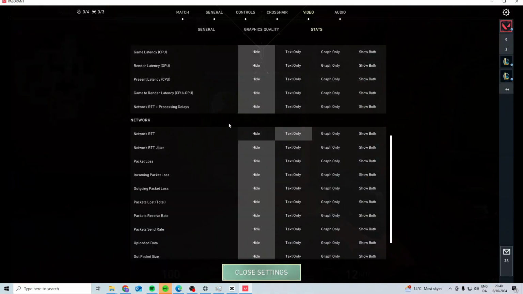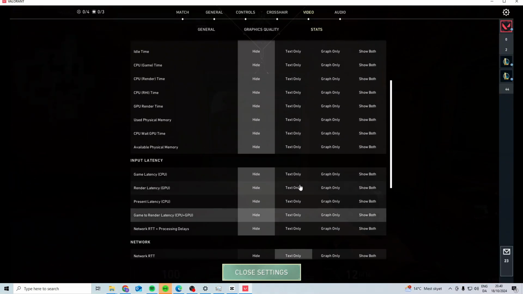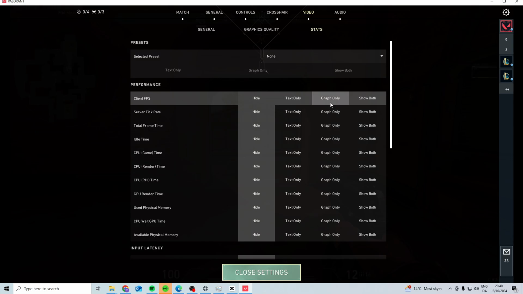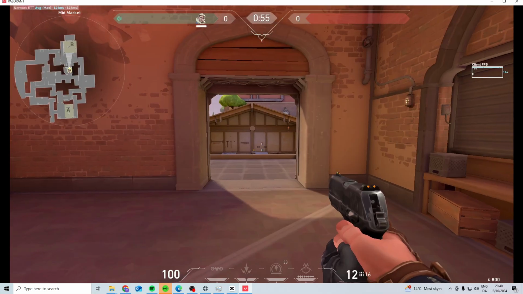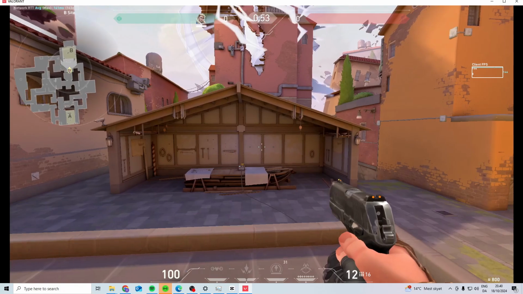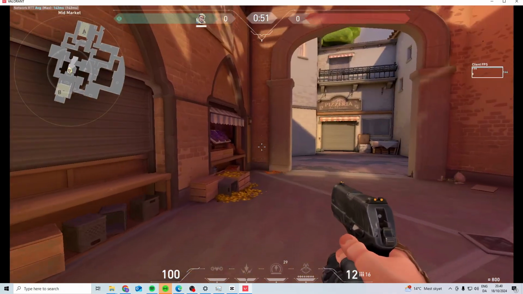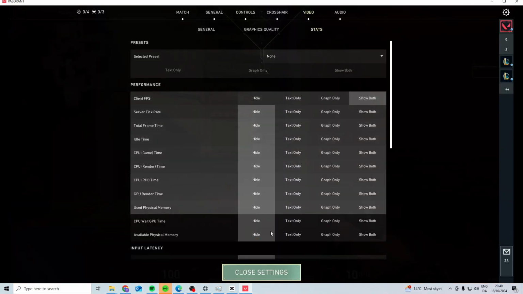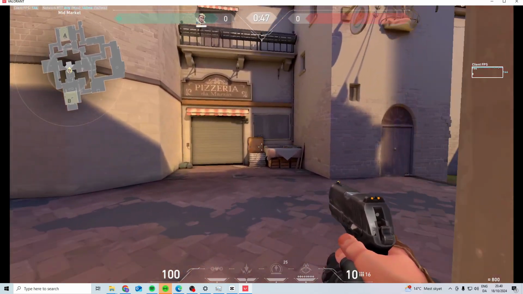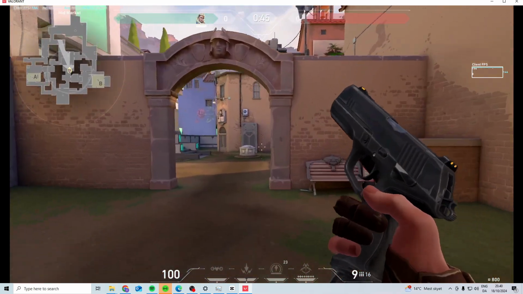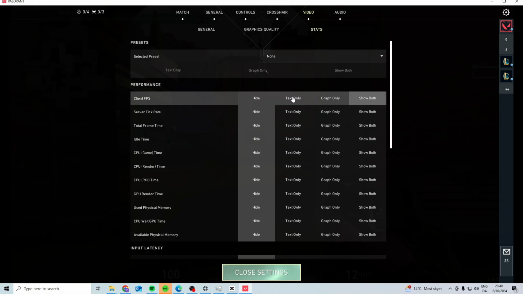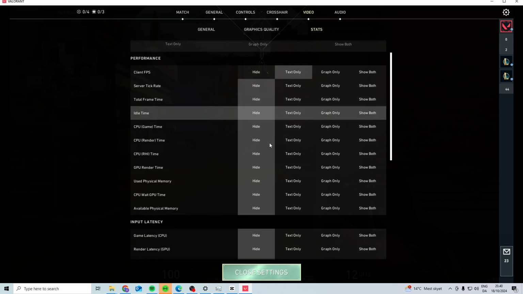Now if you go in here, you are able to choose graph if you want as well. If I choose graph only, you can see on the right side, I'll be able to see my client FPS on the right side of the screen, and you can also do show both if you want both your FPS as well as the client on the right side. Like I said, it's much better with just text only, but what you can do is you can also look